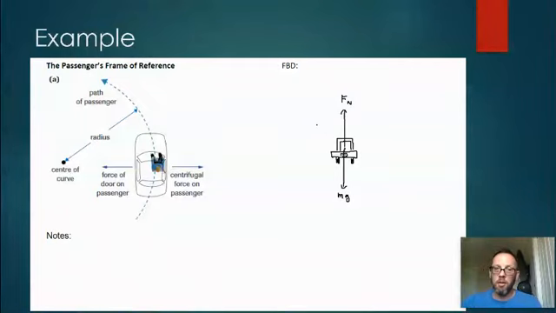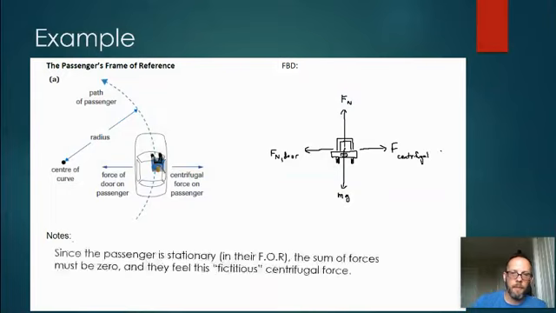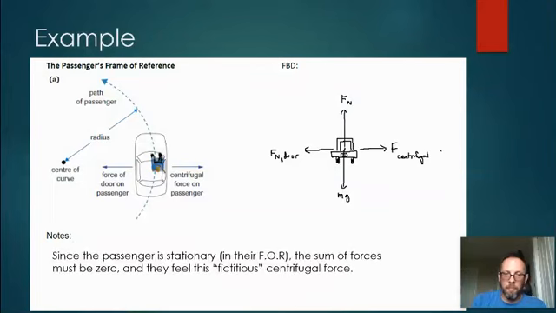Yes, they have this force of the door on them, so Fn, door. But if they're not moving, they must be experiencing some other force to keep their net force at 0. And this is what we call the centrifugal force. Because the passenger is stationary in their frame of reference, the sum of forces must be 0. And what they feel is this